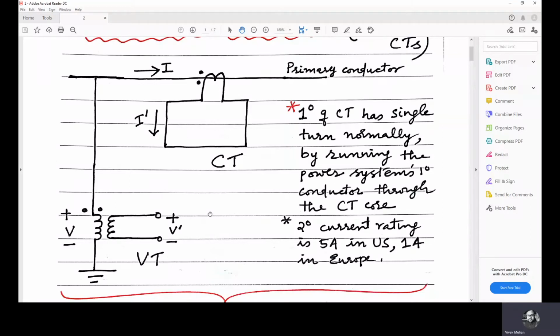A standard voltage transformer secondary voltage rating is 115 volt line to line. Now we'll see how ideally a VT is modeled and practically how the model will look. Ideally, the voltage transformer secondary is connected to a voltage sensing device with infinite impedance, because we need the voltage sensing device to sense the full voltage. We don't want any drop in between.